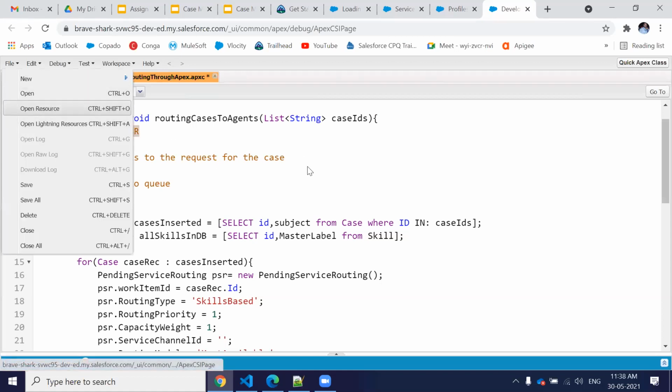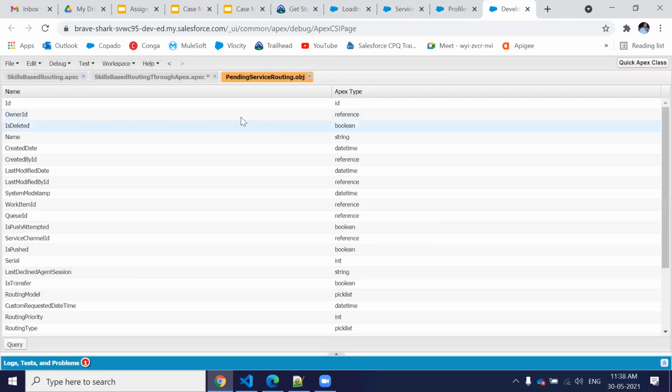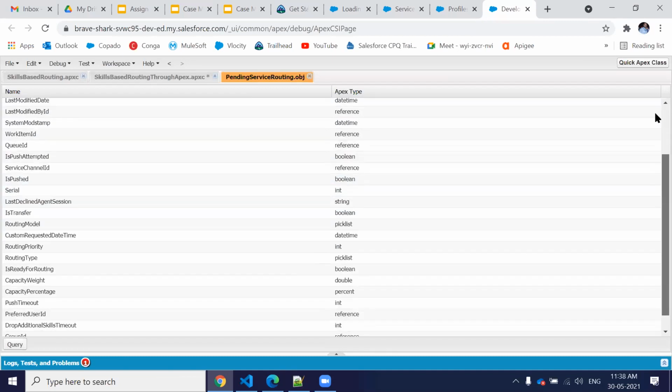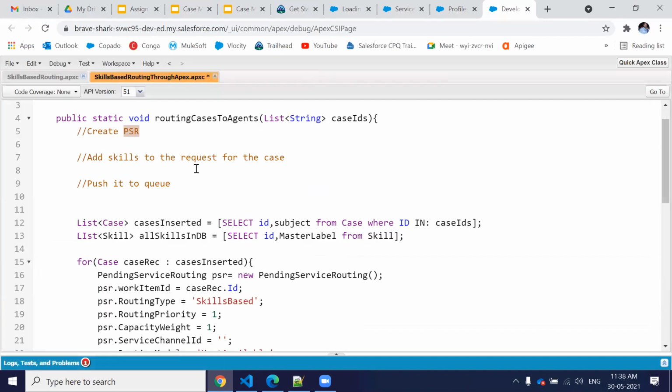You just go to your Object Manager and search for pending service routing. Again, it's an object, so you can create a record of it. These are the fields which we have inside a pending service routing. So what we are doing here is creating a pending service routing object record, because this is the main object which works behind the Omni-Channel.